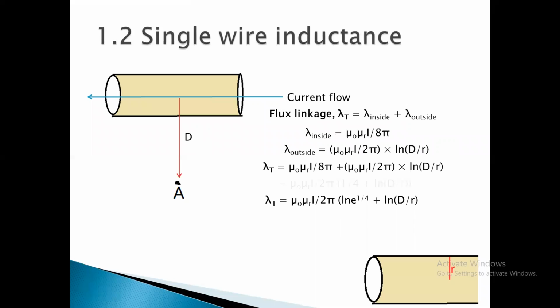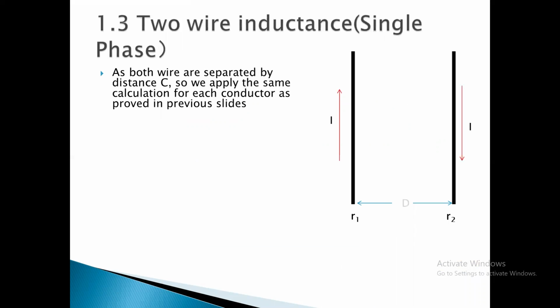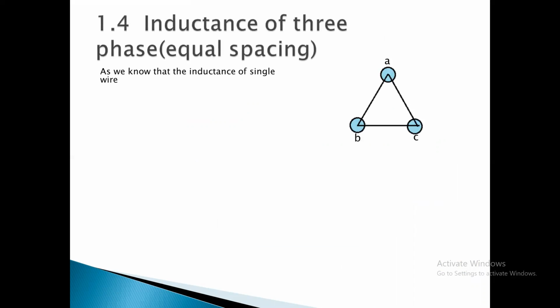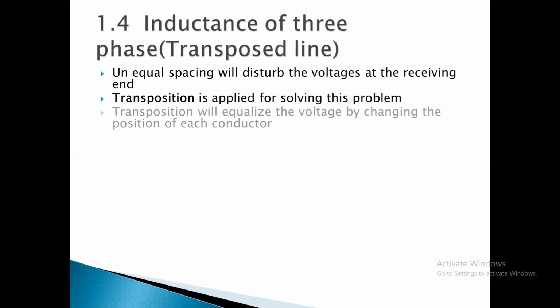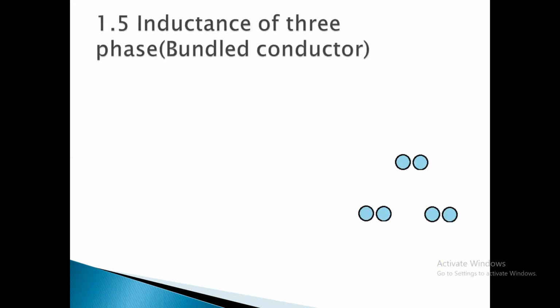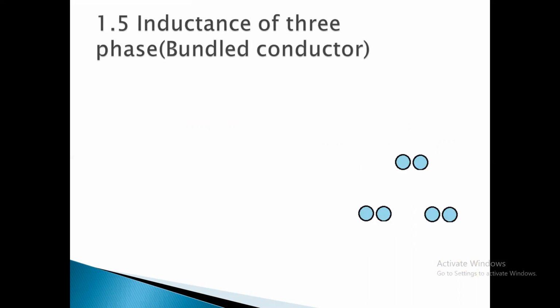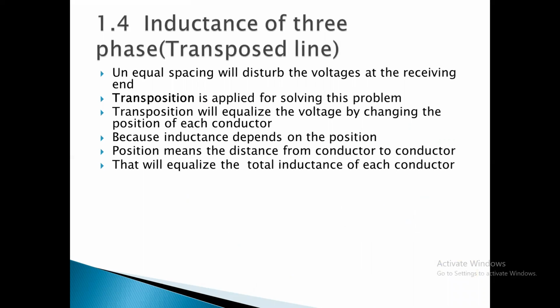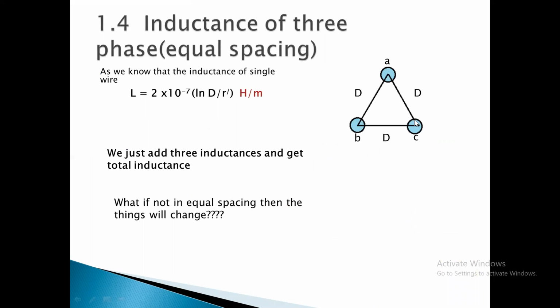Okay, thank you. This was single wire inductance. After that, two wire inductance and equal spacing. We have done this. Three-phase transposed line. We have also remembered this formula. Yes, formula. Okay. Now bundle conductor. Now you know that bundle conductor means we are adding one conductor. Like here we were watching that